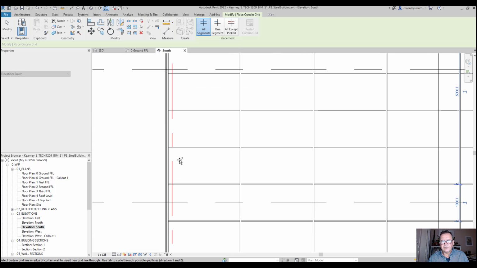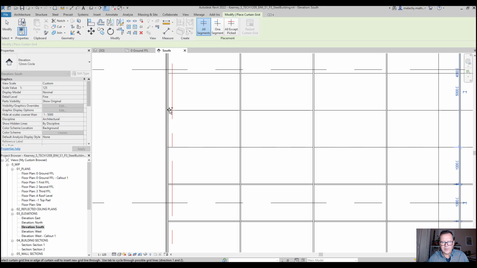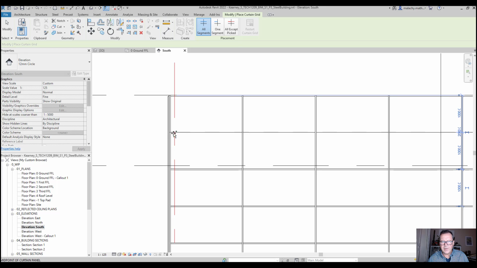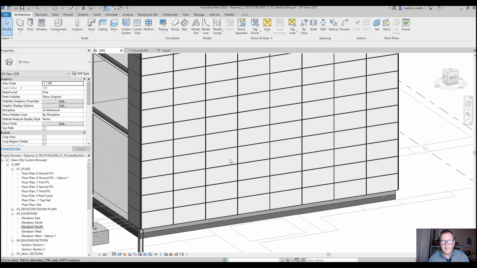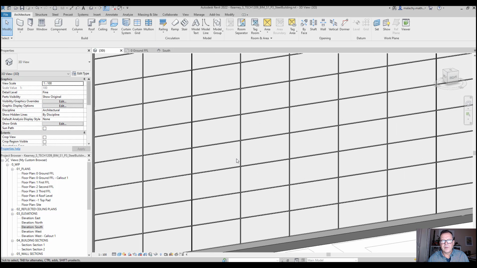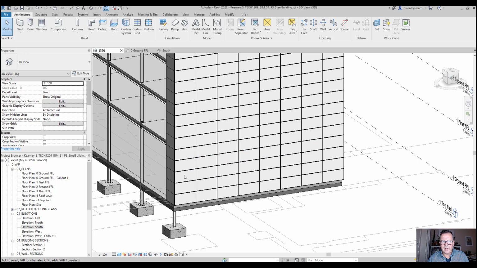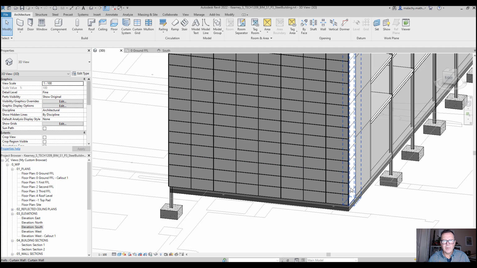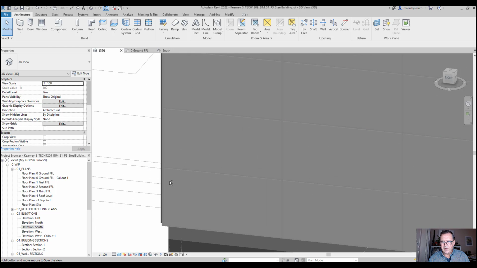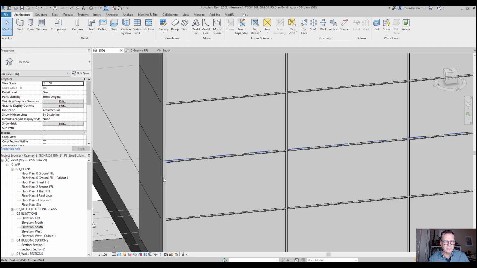Okay, I'm going to come up here. I'll just zoom out a little bit. Okay, and my panels are being divided up absolutely spot on and perfect here. Again, just making sure to avoid that grid line there, like so. Now, again, if I go into my 3D here, you can see now I've got a really well divided up